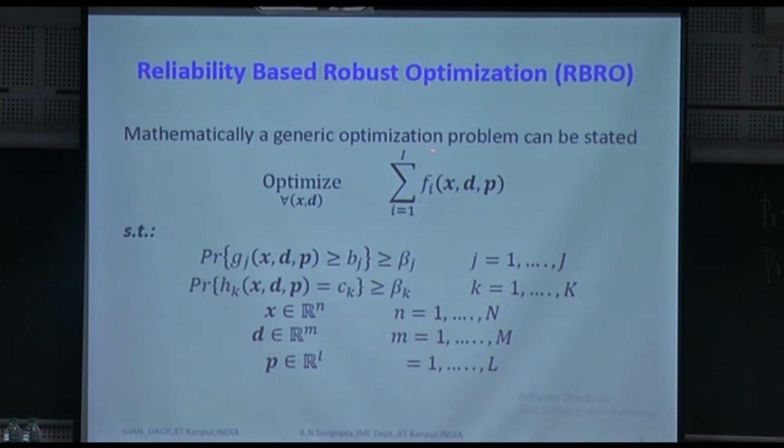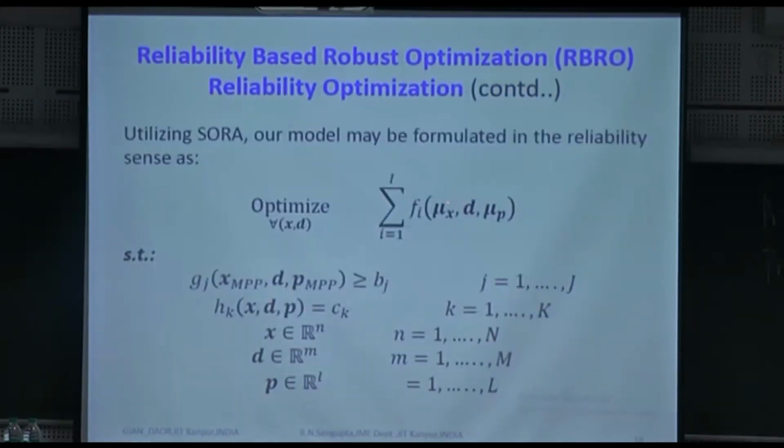Now if you look here, and when you check the converted problem based on which you are going to start, they are exactly the same, but with a few important changes. What are the changes? I will tell you. These X and P would be replaced by their corresponding values, and this probability will also vanish. That means when you are starting, X gets replaced by its mean value, because that is the central line based on which you are going to find out the probabilities. D remains as it is because it is deterministic. Similarly, P is also replaced by its mean value.